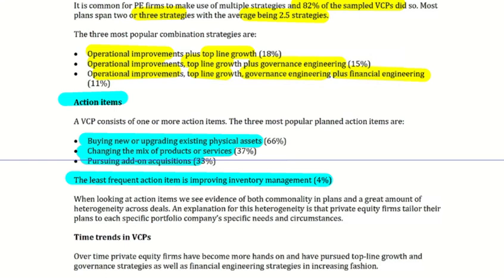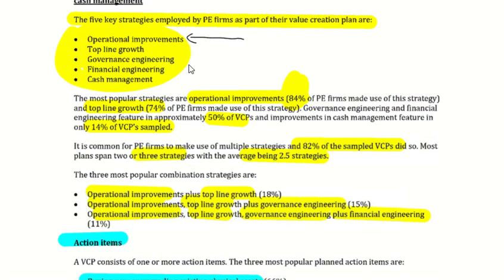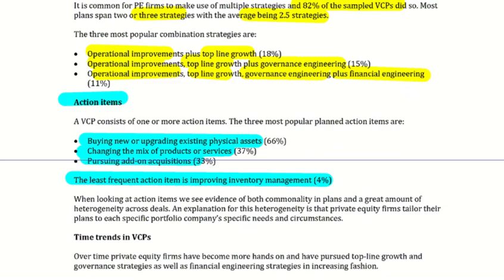So just remember, as you go through this particular article, 2 particular things we're always going to be looking at. We're going to be looking at major strategies, the 5 key strategies that private equity players look at, and then we look at specific action items or action points as well. And remember, all of this is to try and work out where the value is going to be coming from for private equity, the value creation on behalf of private equity funds.